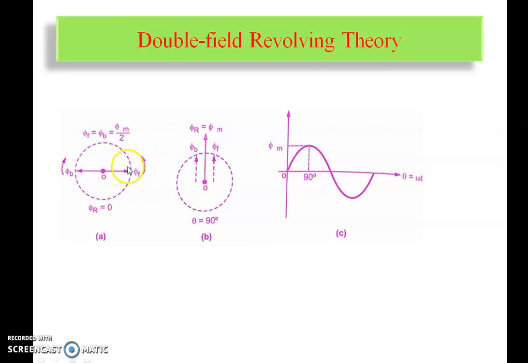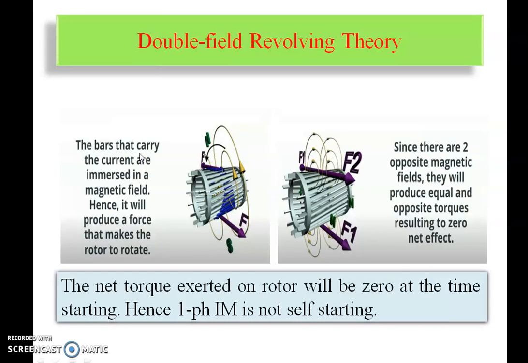Both having the same directions, both having the same magnitude, but having opposite directions. Now, due to this, what will happen? Whenever my rotor cuts these particular fluxes, the torque is exerted on the rotor as per Faraday's second law. But the torque that is produced has directions exactly opposite to each other. Because of this, the resultant torque which is going to be created on the rotor conductors has an effect of nothing but zero.